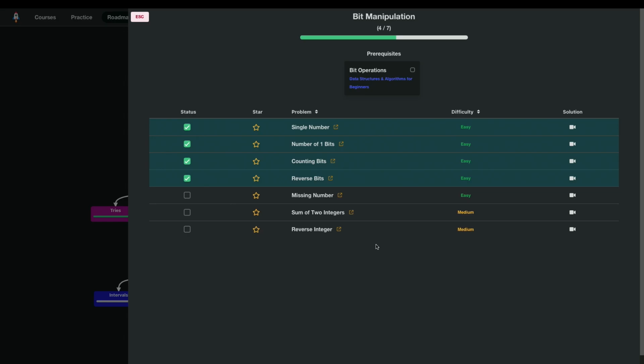All right, welcome back to another LeetCode video. We are going through bit manipulation problems. We just completed reverse bits, and now we are going to attack the missing number problem, which is also a